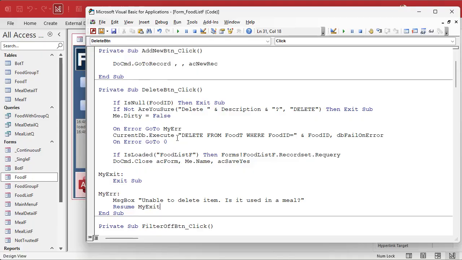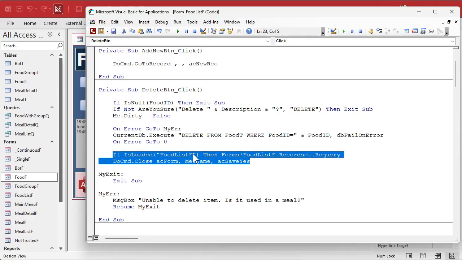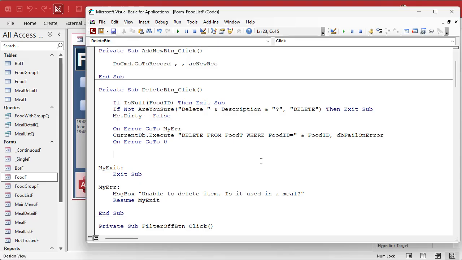See, if you're paying attention, you just got a quick peek at some of the form filter stuff. All right, now most of this I'm going to keep. If IsNull food ID, are you sure? Me.Dirty is false. That saves the record and deletes it from the underlying table. And now this is the part that says if the food list is open, which it should be, then requery it and then close this form. We can get rid of that now and just requery the current form that we're on. But I don't want to requery the whole thing and have focus move back up to the first record. So I'm going to say